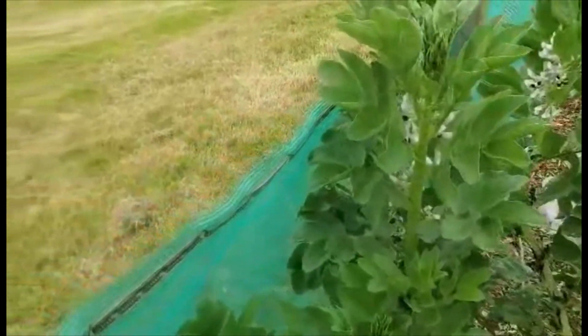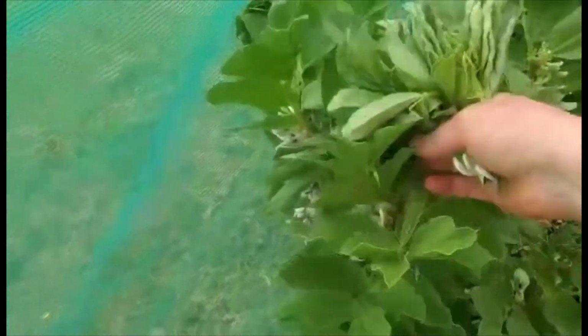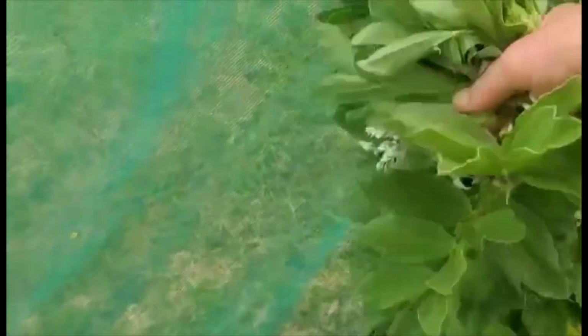And they focus on the plants to stop them from growing. They can focus on the pods, and traditionally it's done to stop black fly from infesting. I don't know if that's because black fly fly at a certain height,